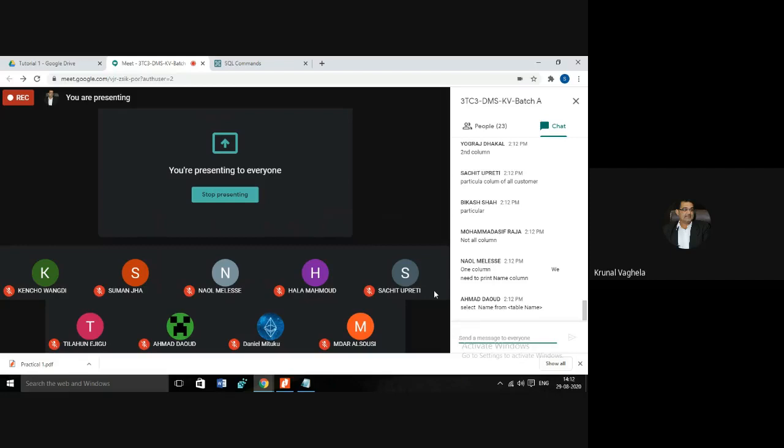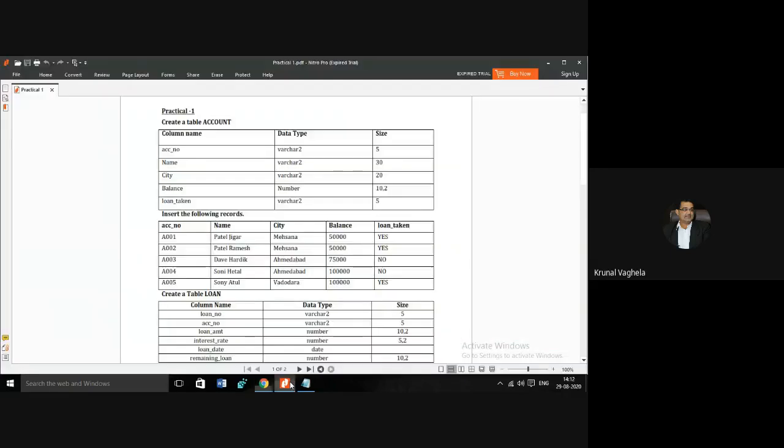Now are they asking for all the rows or some particular row? All the rows, right? So it is asking for a particular column and all the rows. I don't want account number, city, balance, or loan underscore taken. I want only name.